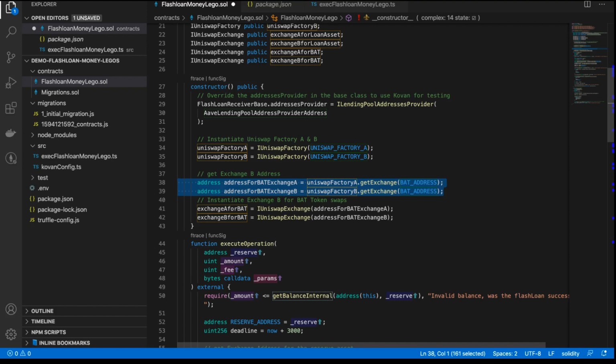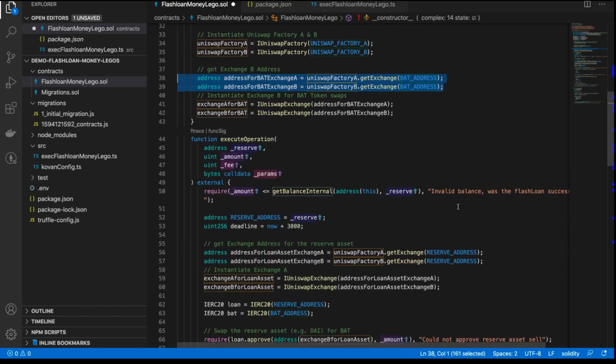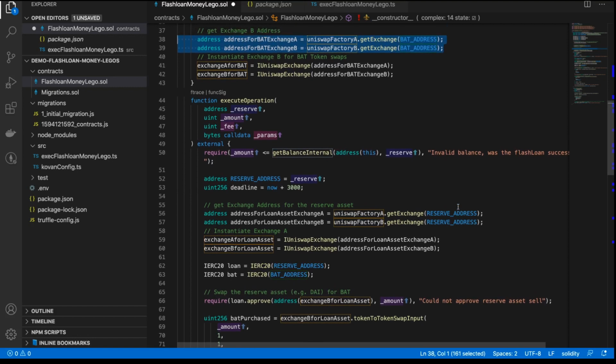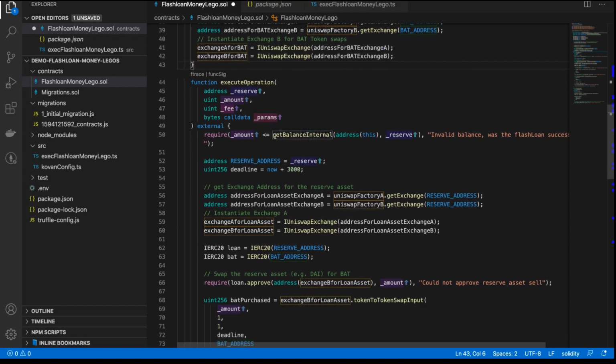As it turns out, when I recorded this video, we can see that the arbitrage works with a profit when converting DAI to BAT via exchange B, and then selling the BAT coin back to DAI on exchange A. So just having both exchanges available as variables like this, and then creating actual exchanges here for both exchange A and B for both BAT and DAI, allows me to easily experiment and change the order of the